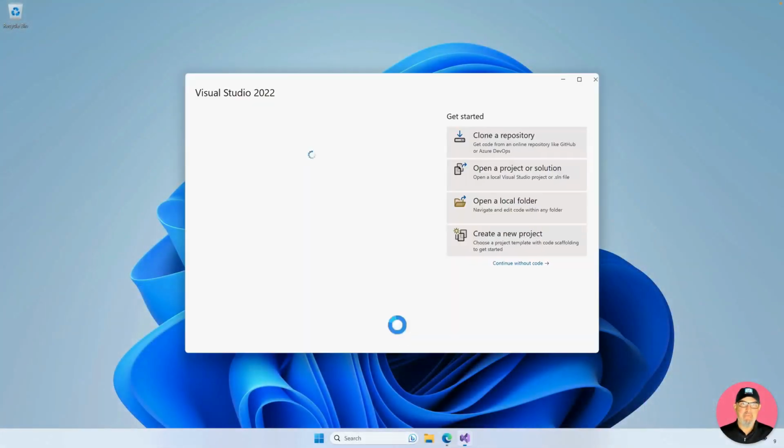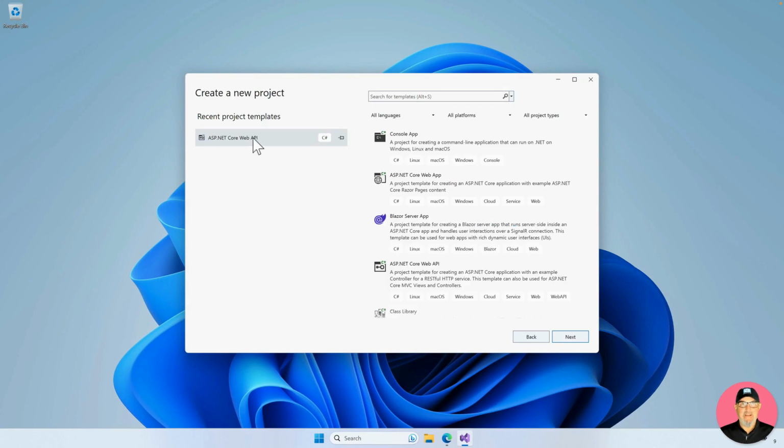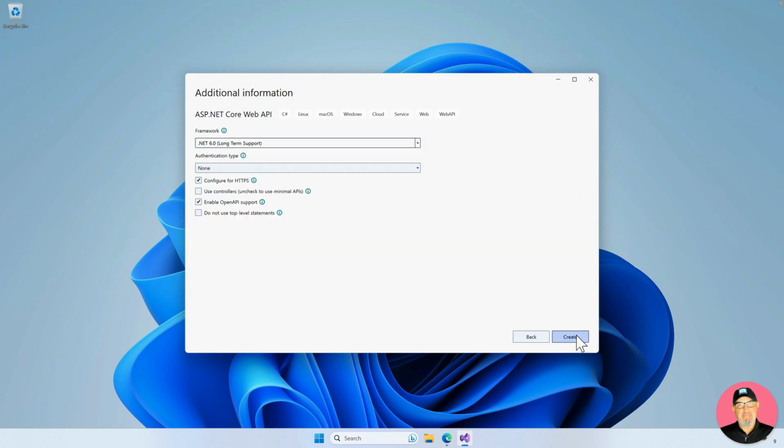To get started, open Visual Studio and create a new ASP.NET Core Web API. I'll select the ASP.NET Core Web API project, click Next. We'll call this Reveal.SDK. Click Next. We'll use minimal APIs and we'll enable Open API support, and we'll stick with .NET 6 long-term support, and we'll